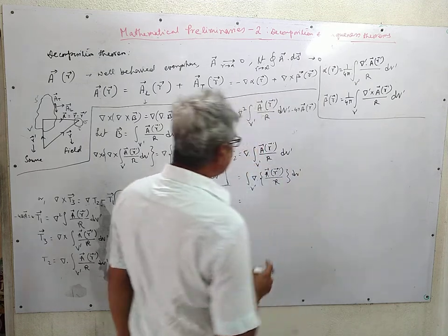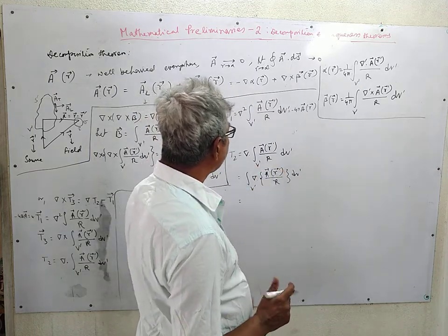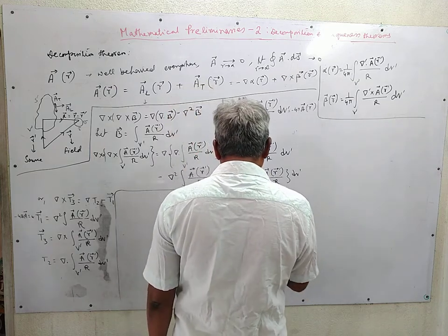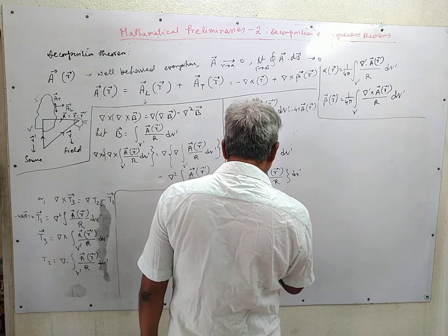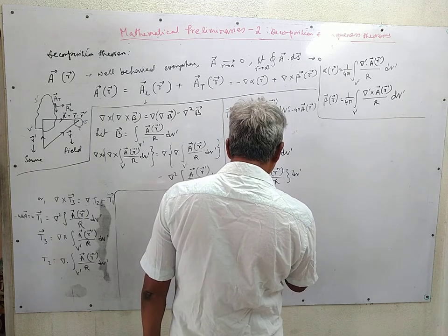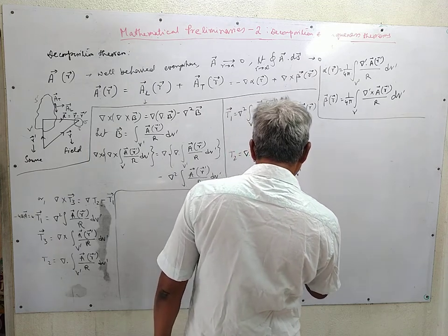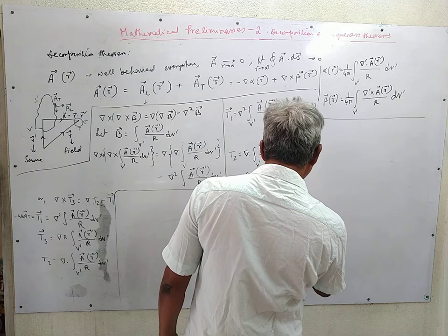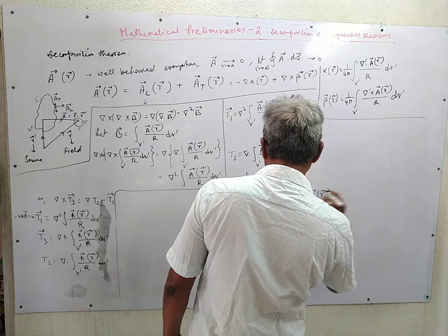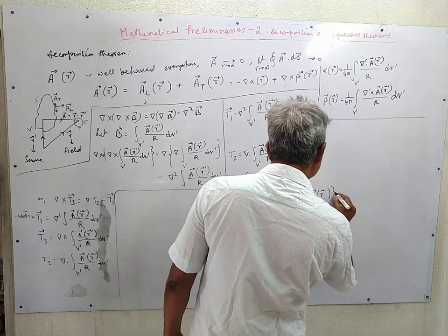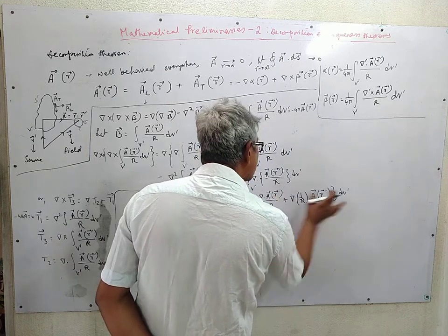Now again, this is the function of source coordinate, so nabla doesn't operate on it, and we get. Now this part is 0, so we have